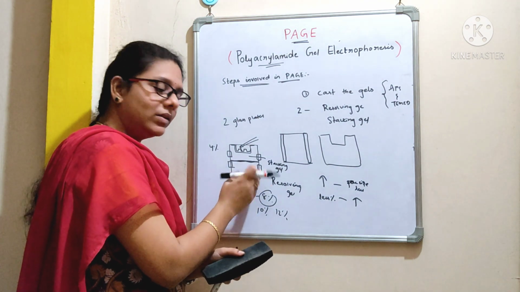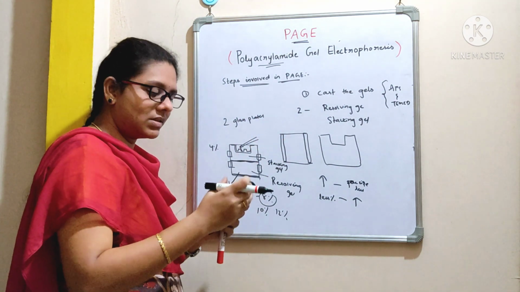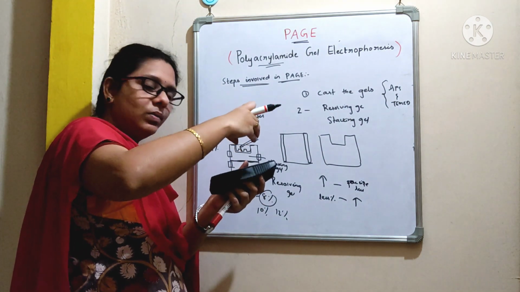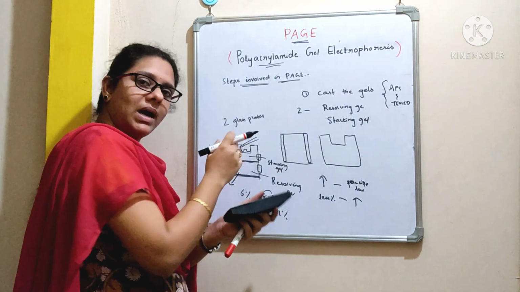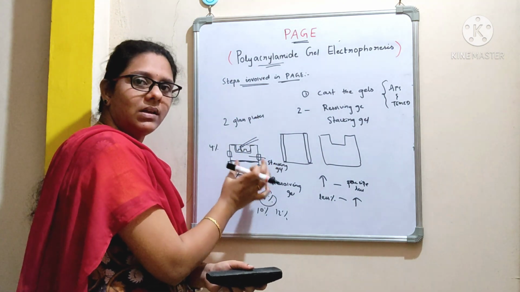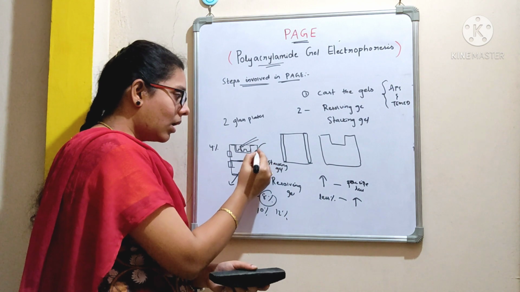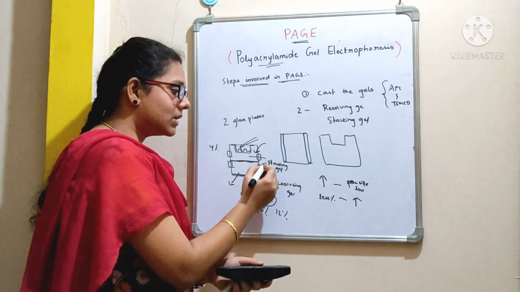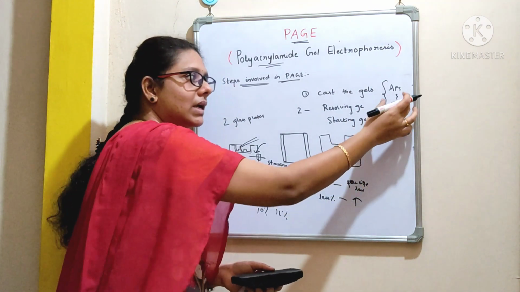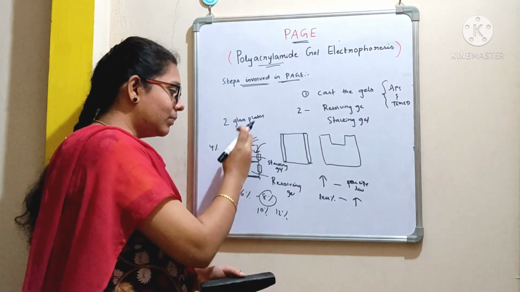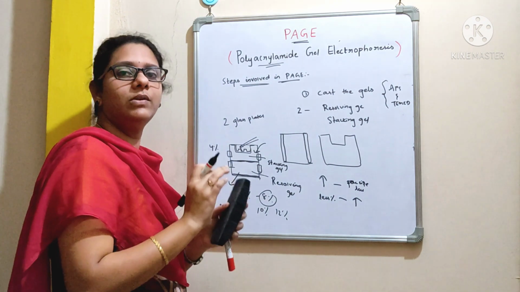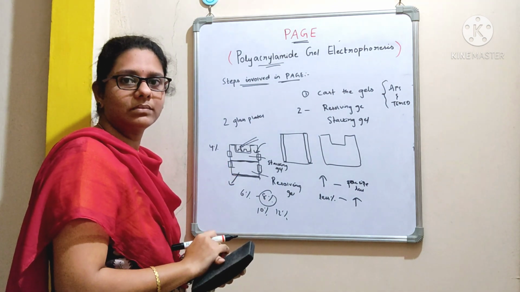Once the gel is set, you can remove the distilled water. You lift up the plates and bend it, or you keep a filter paper nearby that will absorb the water. So you will be ready with the resolving gel. On the top, you have to add a 4% stacking gel. Again, prepare a solution and then add APS and TEMED. Mix well and then pour that solution over the top of this resolving gel. Again, leave it for some time to set.